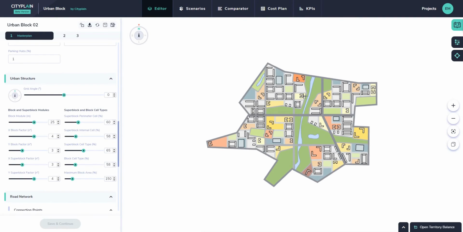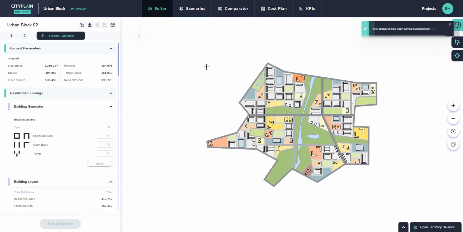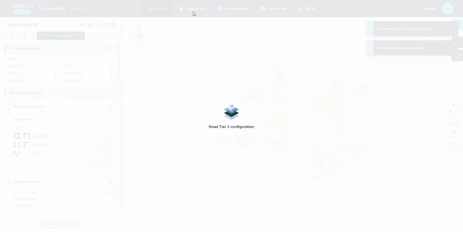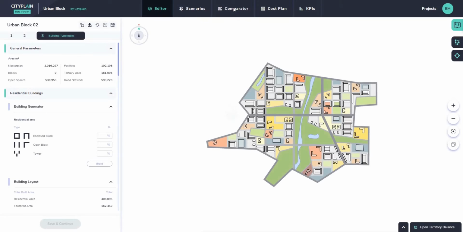So now you see we have a slightly different scenario here, and now I am going to save it, and then I will go to the scenarios tab, so that if I click on this tab I can access all the scenarios that I have created within this particular project, and then I will compare them using the comparator. So if I go here now,